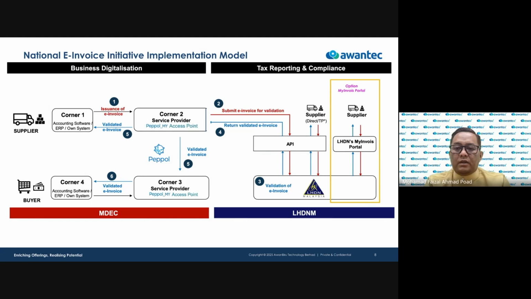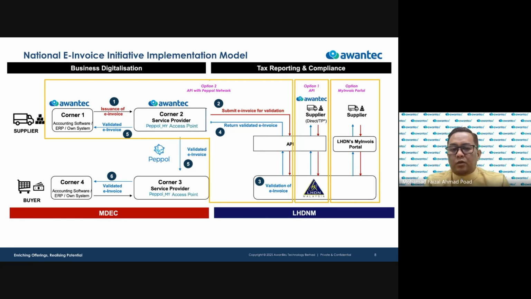We always hear about the MyInvoice portal, which everyone can use to access the invoice requirements. LHDN also offers the API, or application programming interface, where your accounting system or invoice billing system communicates directly with LHDN through the API. And the third option is fully automated, which I will cover later with a simulation to help you understand how things work. So all these are some of the models available to be applied.